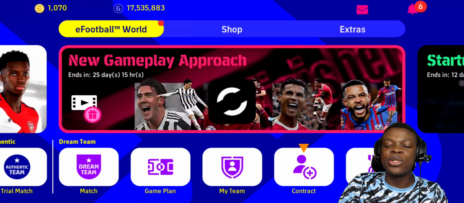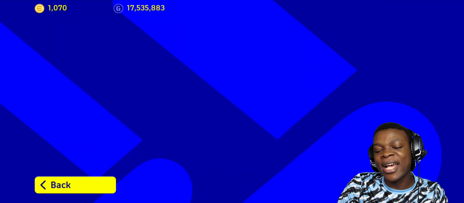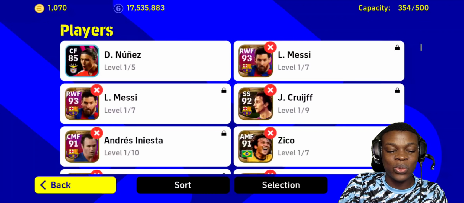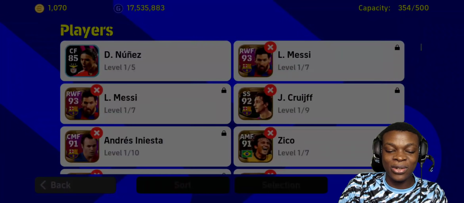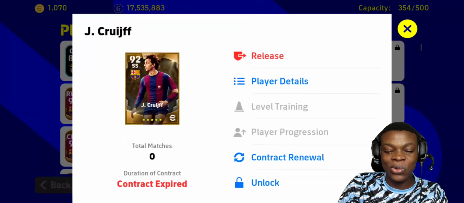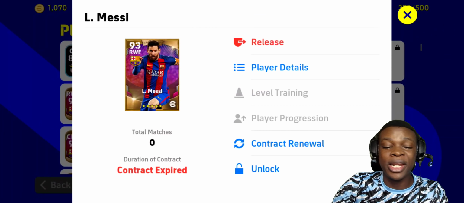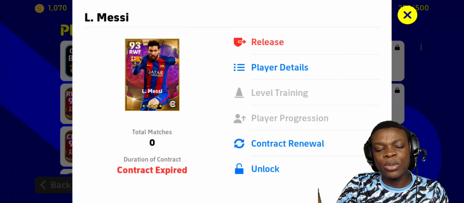So going into this contract thing now, to make you guys understand how the contract works. I've been getting shafted of late because when I release some players, they go release the second one. I do not know what has been going on there. Contract renewal, the way it works, why your IMs, why your legends do not have enough contract, is because the